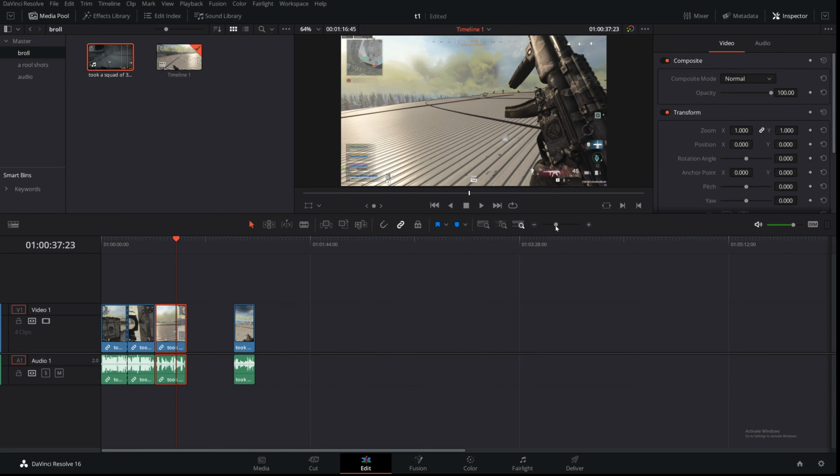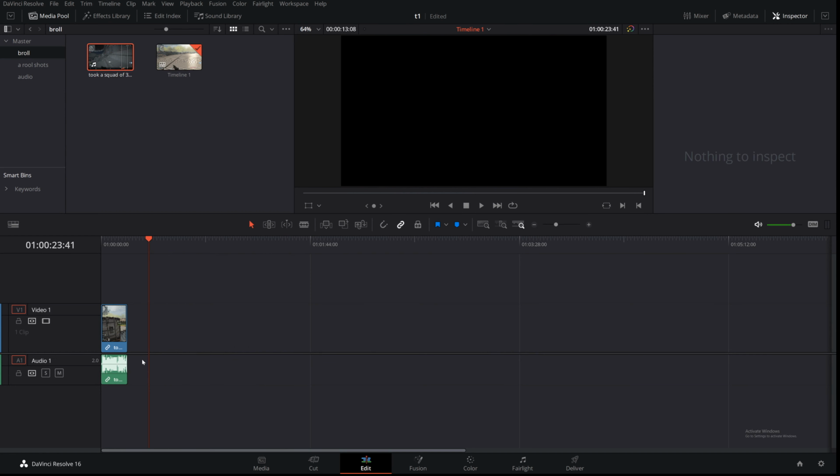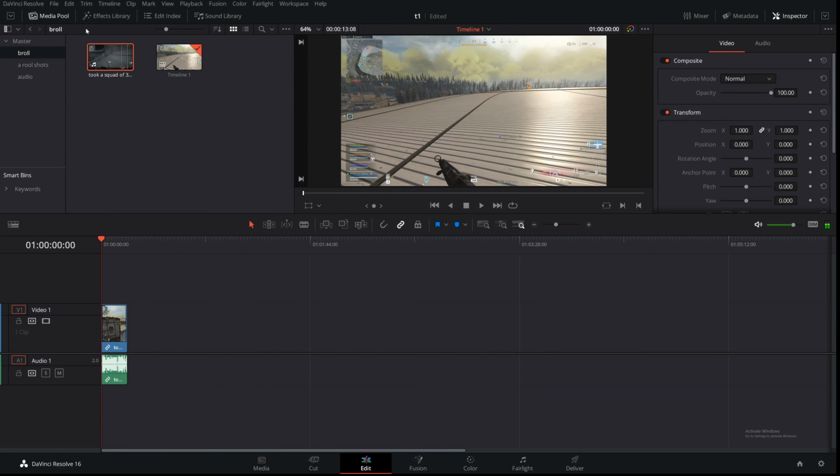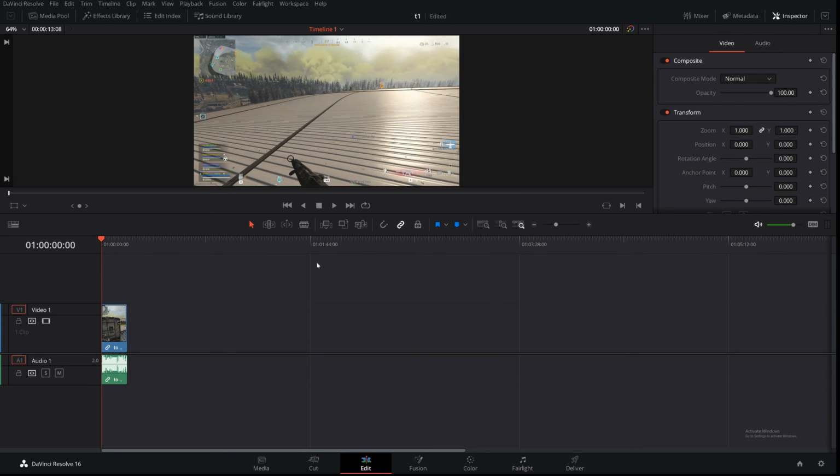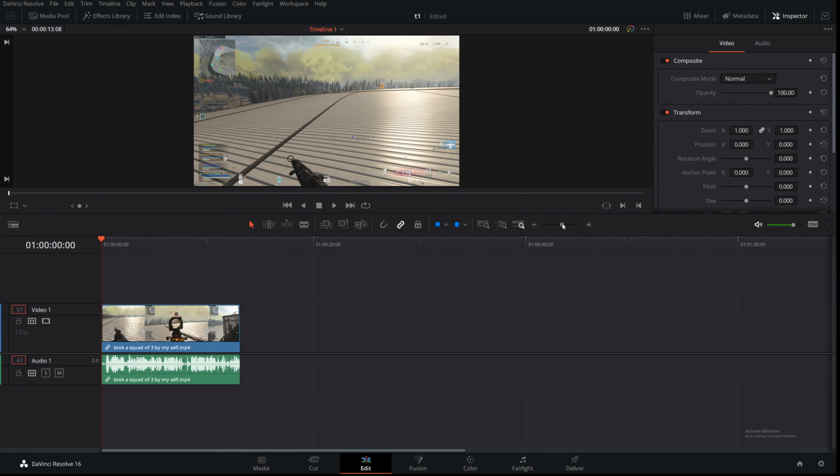And then you just edit the video like you normally would in any other editing software. If you want to do some fade-ins, there's always the effects library up here. And you have your video transitions which you can add. I personally prefer automating. So the way you do that is you expand this